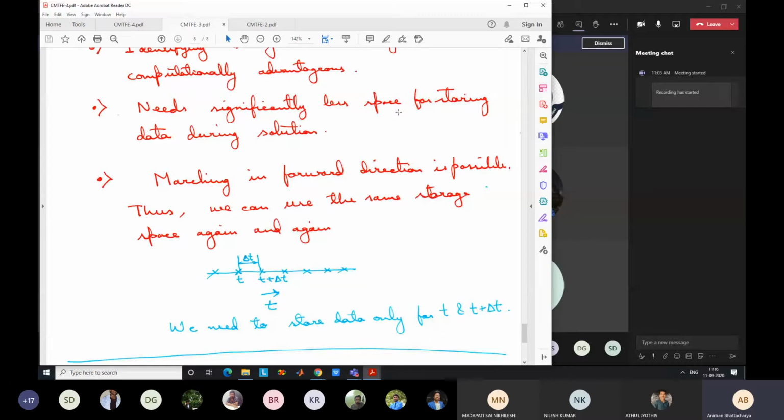For a one-way coordinate system, we can just have marching type of solution. So we need much less storage space. This will be clear later on when we study explicit schemes. Those who have already studied CFD course with me already know this, what is a marching scheme. So basically we have to store data only at 2 points, the current point and the future point, or the current point and the previous point, and just replace this data with any new data. So the current point will become the new previous point, and the future point will become the new current point, and just like that we will keep on updating. Just wait for a second, please.